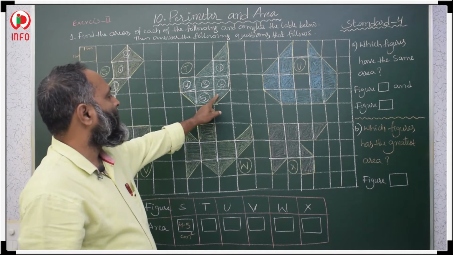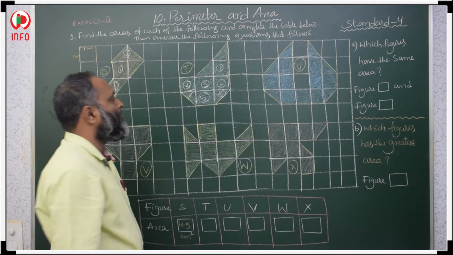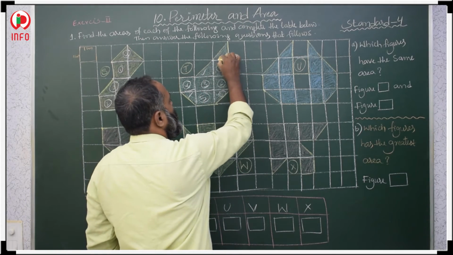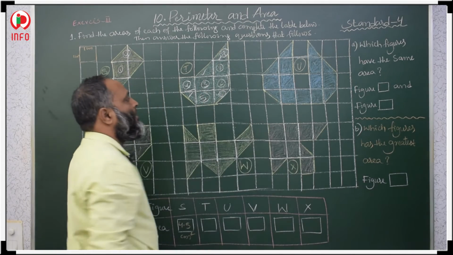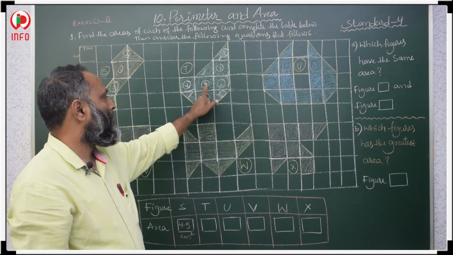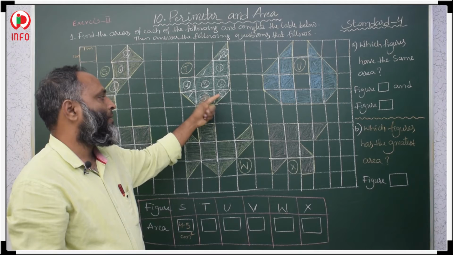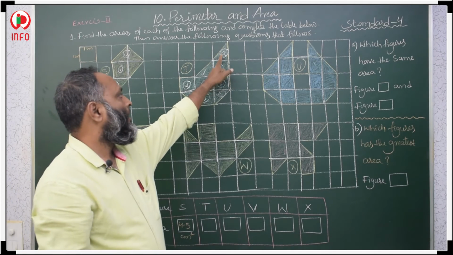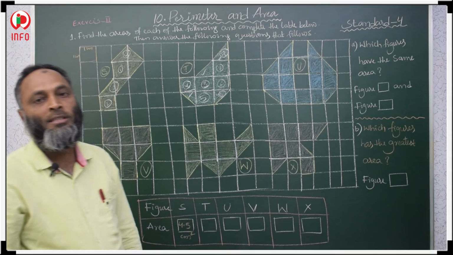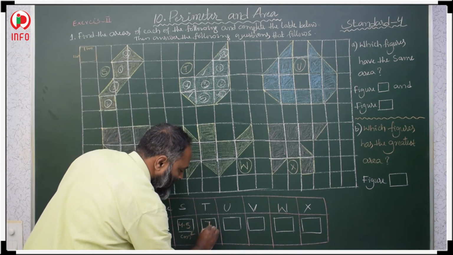This is half square and half square. These two make the sixth square. And here half and half. These two make the seventh square. So total how many squares? 1, 2, 3, 4, 5. Half square plus half square, full square, that is the sixth square. Half square and half square make a full square, that is the seventh square. 7 centimeter square. The T is 7